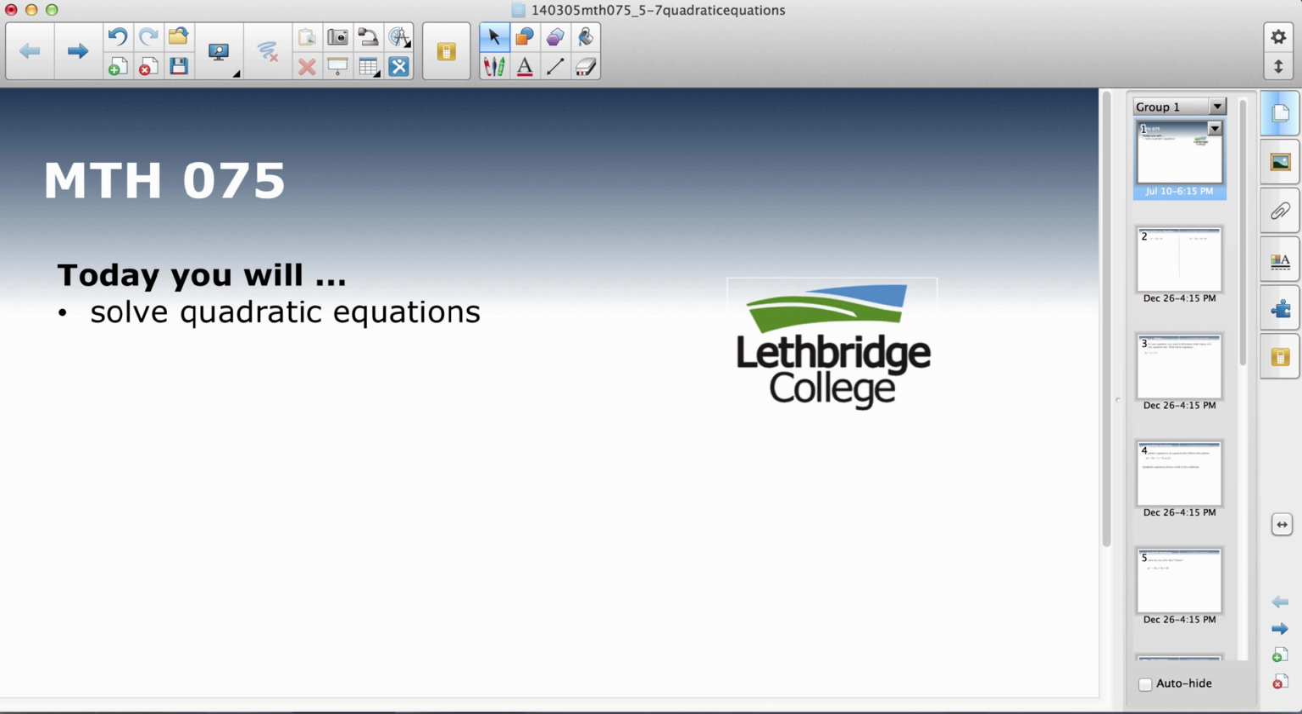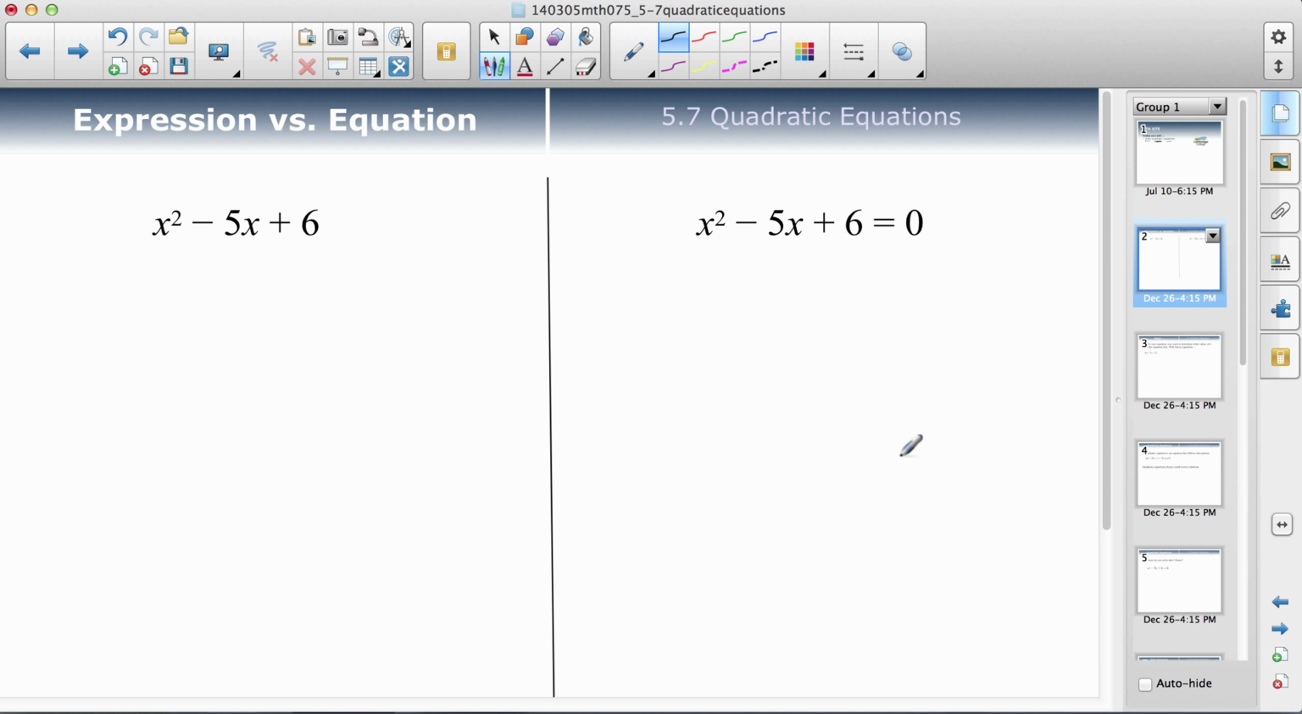In this section, we are going to be doing one of my favorites, and that's solving quadratic equations. Actually, I love solving equations, and quadratics are great. Sort of my favorite are log equations or trig equations, but quadratics are good too. So far in this chapter, we've been looking at mostly quadratic expressions like this one, and we've learned how